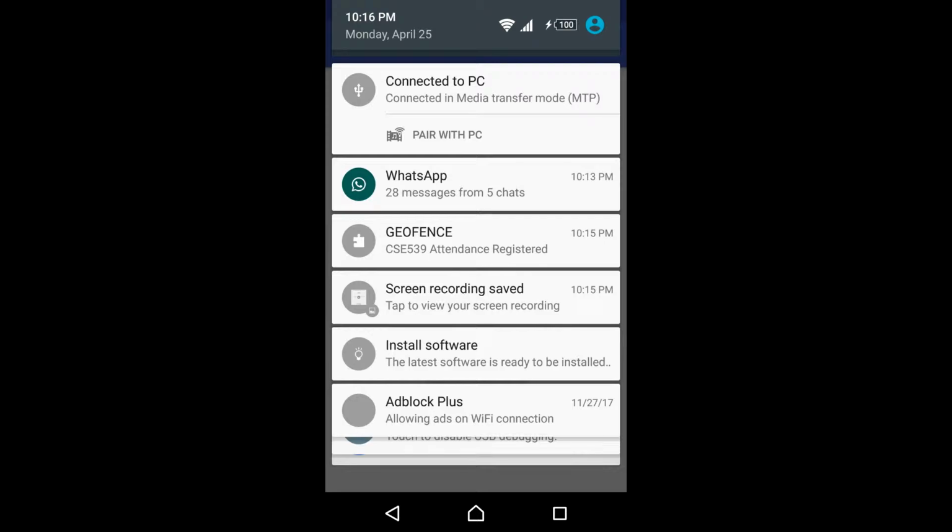So as soon as the attendance is registered, as I'll show you soon, we'll be able to see the attendance, the student's ASU ID and the course number in the Parse database online.